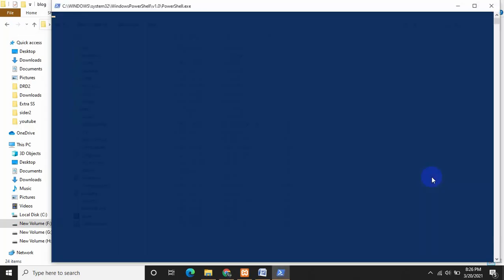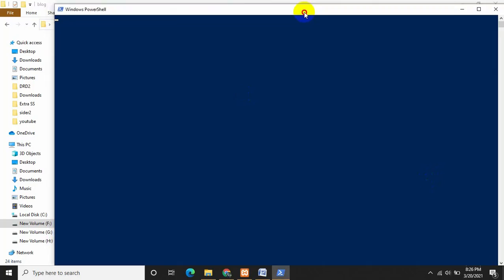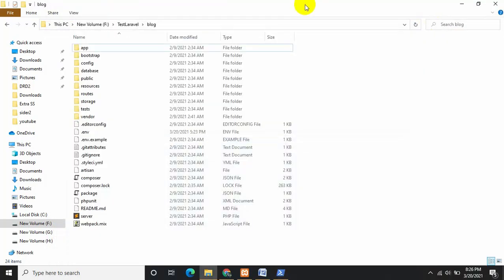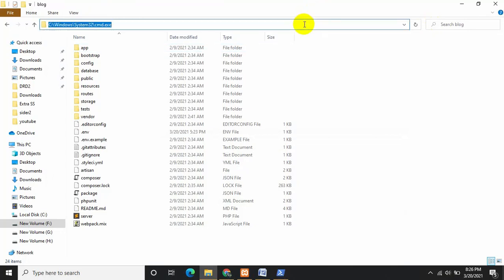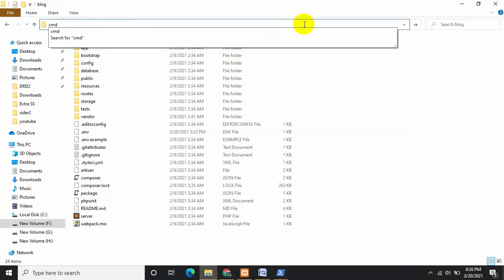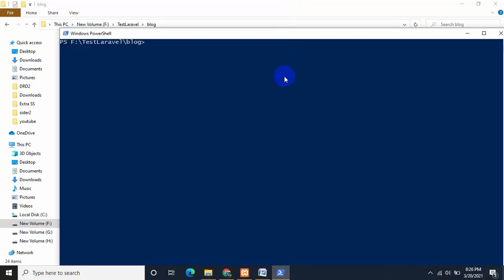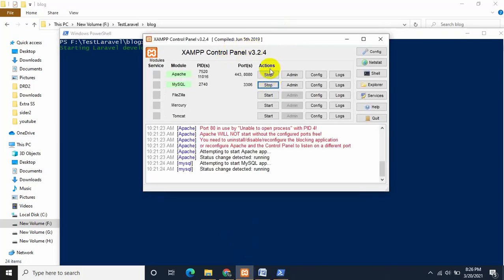Just click it and a PowerShell will come. You can also write CMD here and press enter, but I'm going to use this PowerShell. Now in order to run your project, you just have to say php artisan serve. And you also need to make sure that your XAMPP is running.